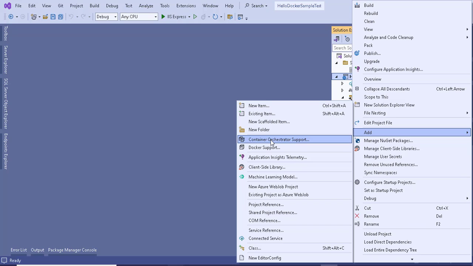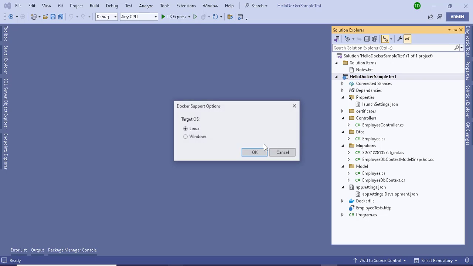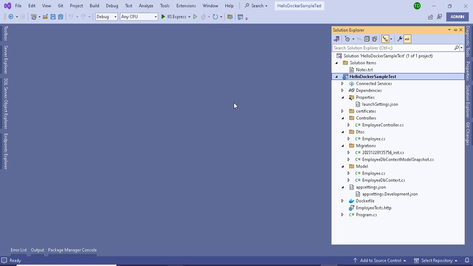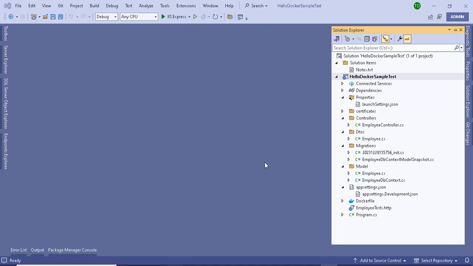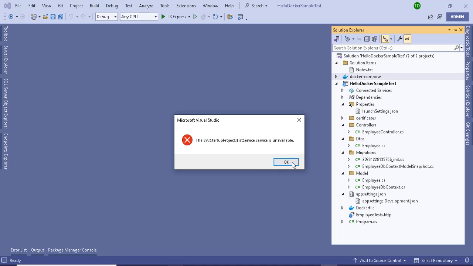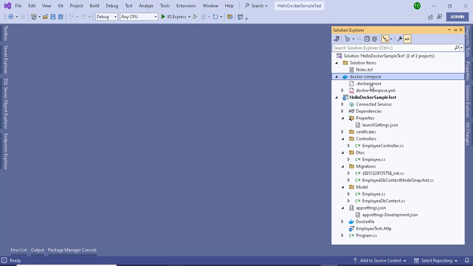So we can select container orchestrator support here, and let's keep Docker Compose and click OK. For the operating system, let's take Linux only, and let's create it. So it created a Docker Compose file for me,